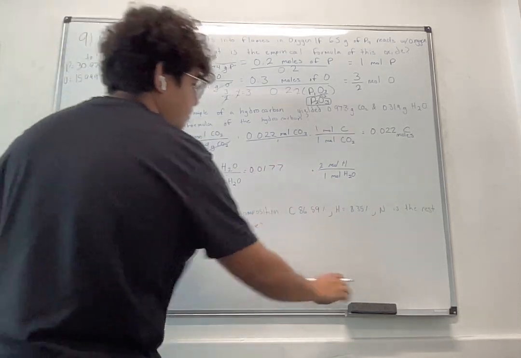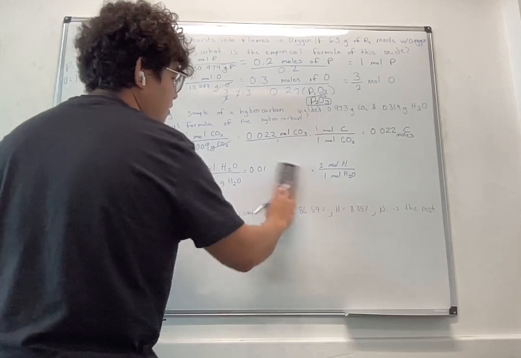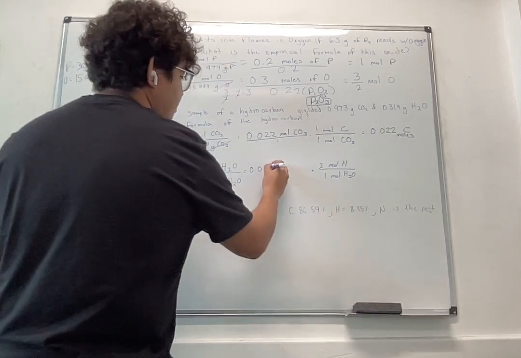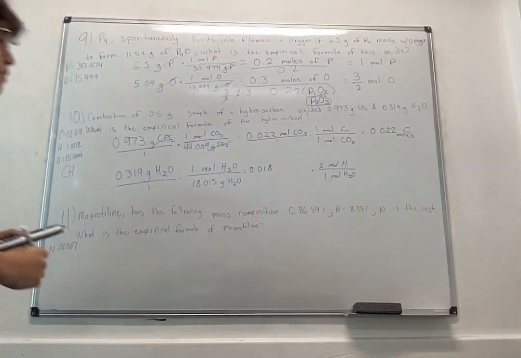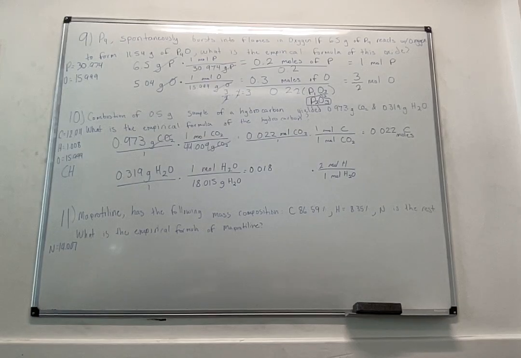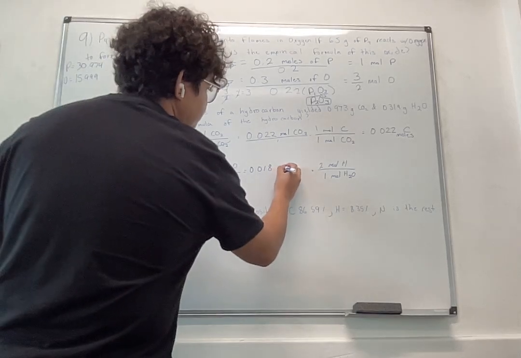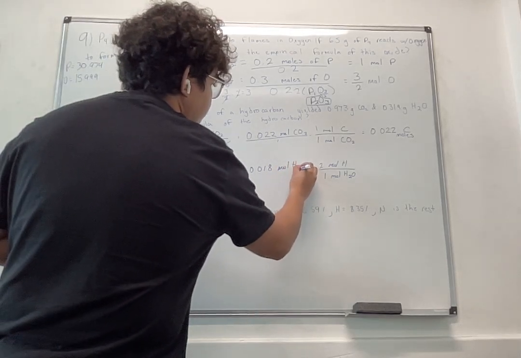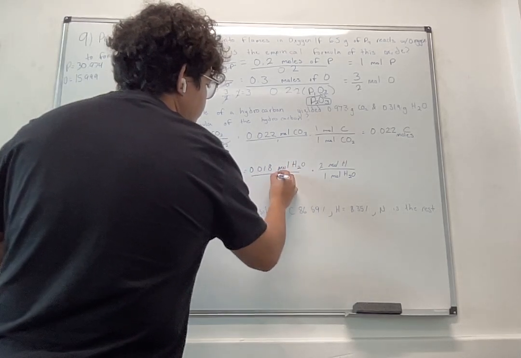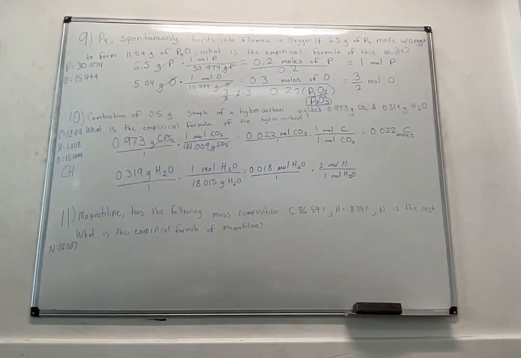But we want to keep it simple. We'll do a little rounding right there. So 0.018. Now, this is moles of H2O. Hopefully, we're all good up to this point. So 0.018 mole of H2O